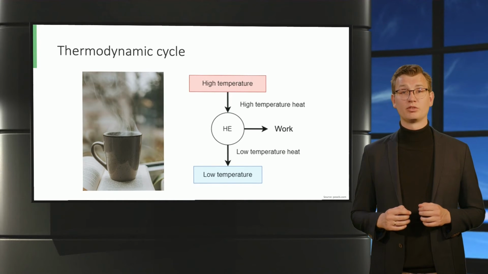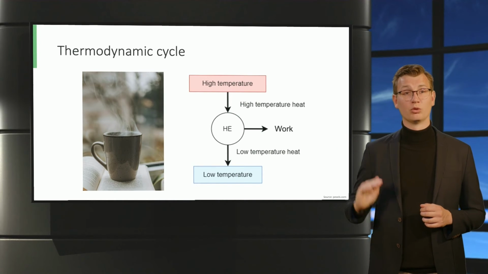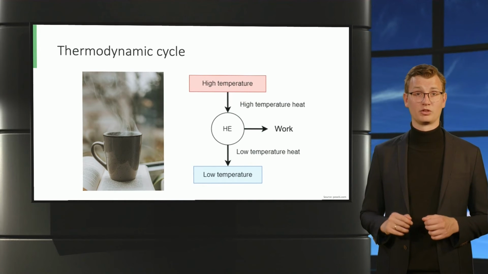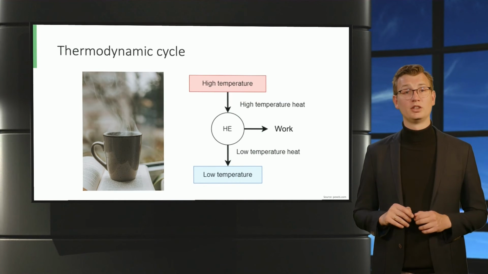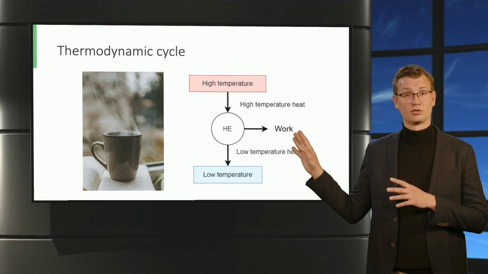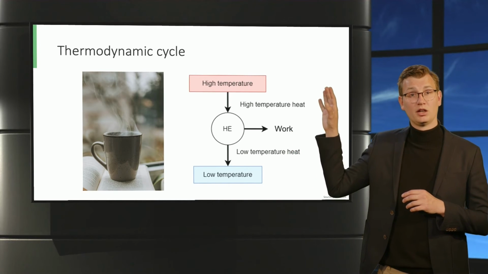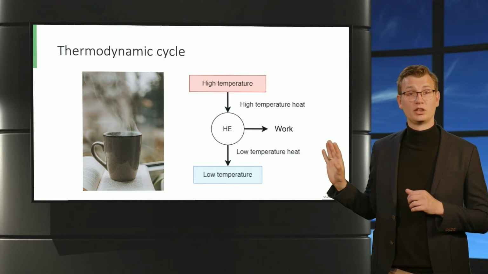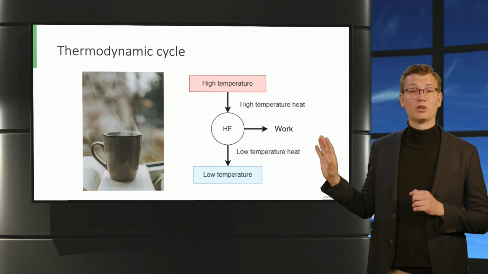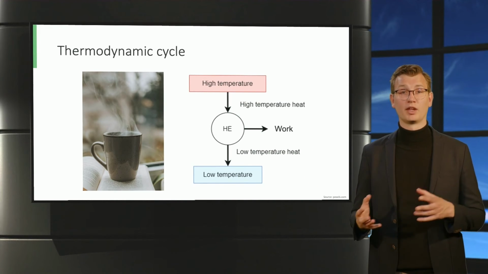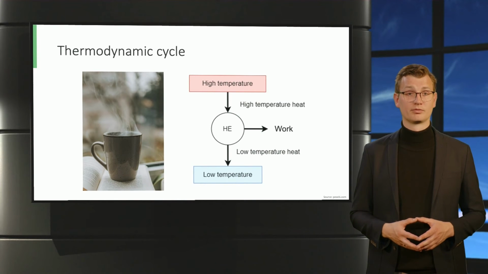In both cases, heat flows from a high temperature reservoir to a cold one, just as a cup of hot tea transfers its energy to the environment. The flow of energy in an internal combustion engine, also known as a heat engine, is depicted on the right side of the slide. Here we see heat flowing at a high temperature from a high temperature reservoir to the heat engine. The heat engine converts the heat into work and heat at a lower temperature. The latter two we know from the rotation of the wheels and the hot gases from the exhaust.